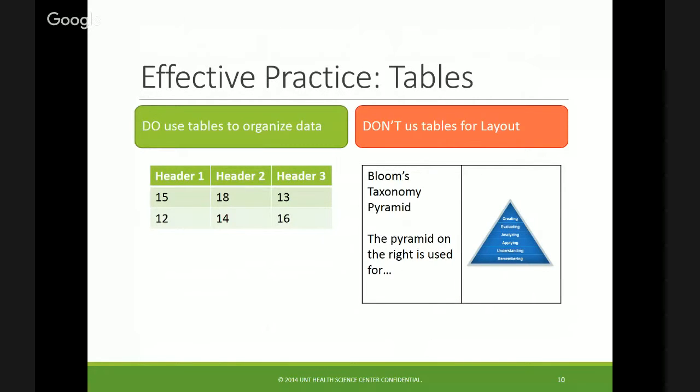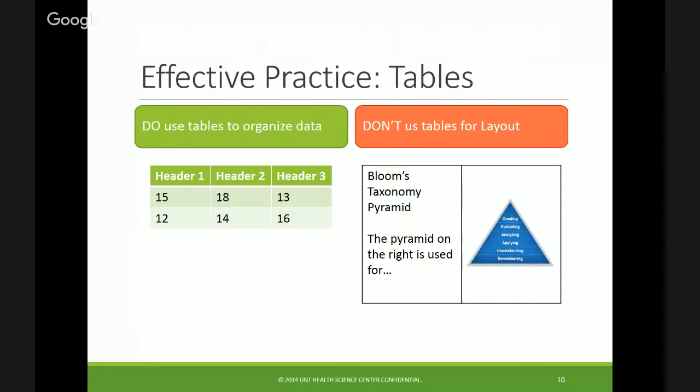So tables, here you can see just two examples of how to use tables and how not to use tables. We mostly should use tables to organize our data. So we need to describe that we have headers, because if I'm using a technology to go through these tables, it's going to be describing each of these headers in a linear format and going through each of those cells underneath. So we need to make sure that it's descriptive, what's exactly in this column, and then